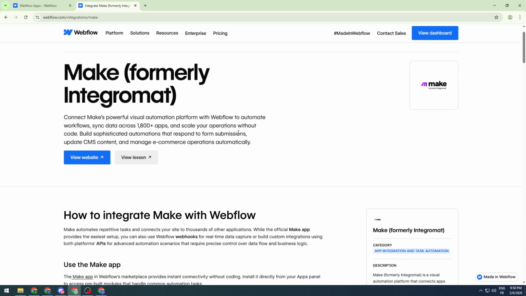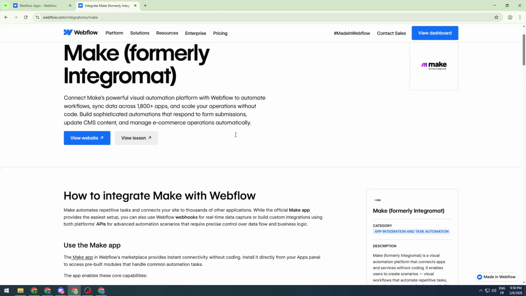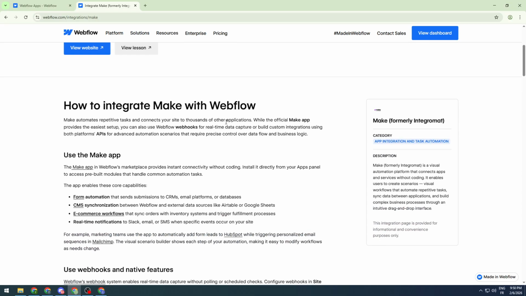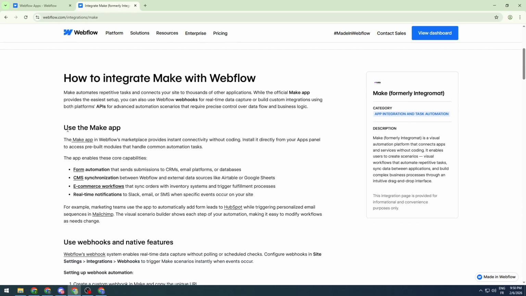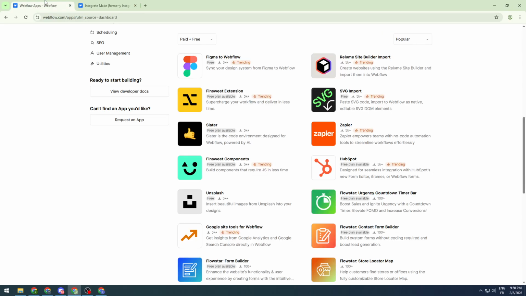In today's tutorial guys, I'm going to show you how you can connect Webflow to make.com. So basically the Make app makes the whole integration system very much easier, and it helps you to make automation, which is a very good thing. So what can you do to actually connect them both? Well, it's pretty easy. You can use the Make application in the Webflow marketplace, which is simple and easy to